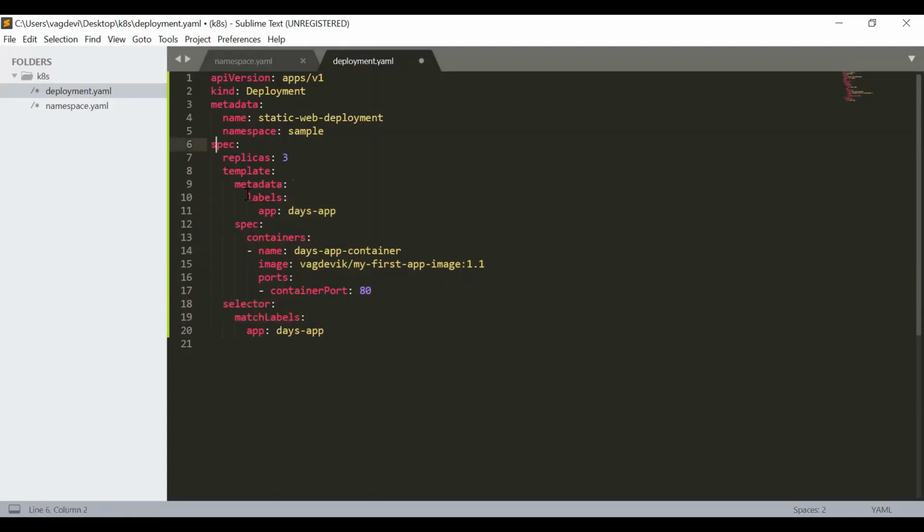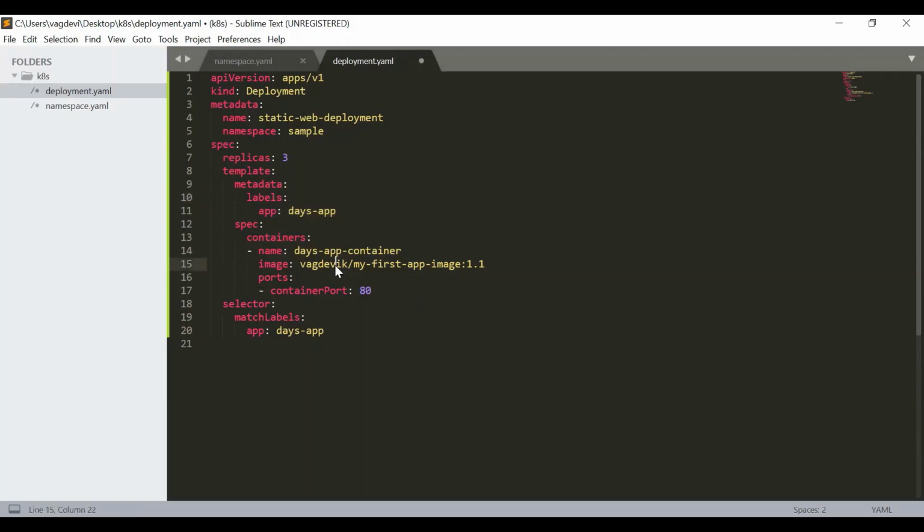So it is through this label and selector mechanism that these labels are matched. So match labels: this label, app days-app key value pair, is matched with this pod so that this deployment knows that these pods should be grouped by it.